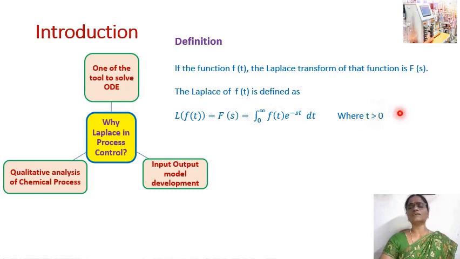So why should t be greater than 0? Everyone has heard about negative temperature. If you go to a hill station, minus 4, minus 6 degrees negative temperature will be there. But you never heard about negative time, right? Anywhere you heard about minus 2 minutes? No, it is not there. So the time varies from 0 to infinity. That's why the time should always be positive, or greater than 0. That's why the condition is given here.